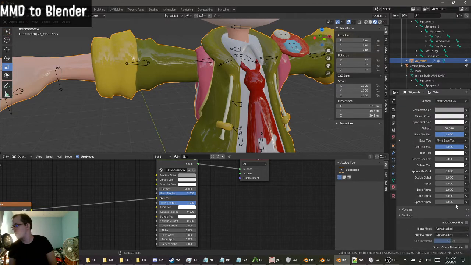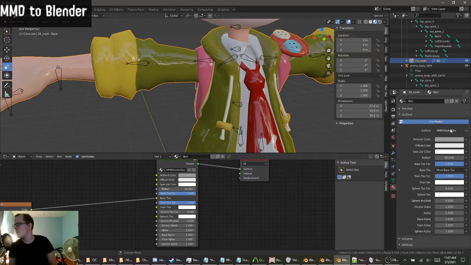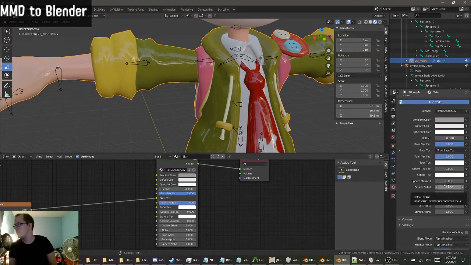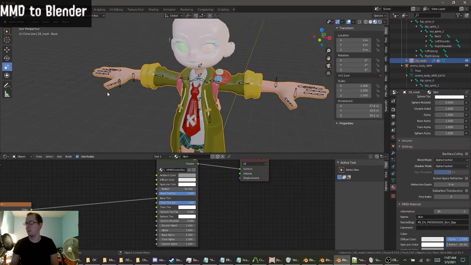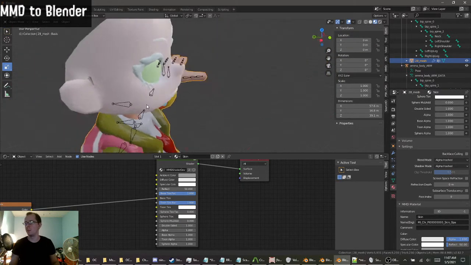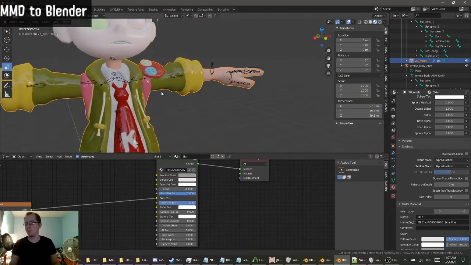I really wish that he didn't use all the metallic, but whatever. There's probably a way to get around that. I can't remember how I turn off the metallic. There's the shine, but